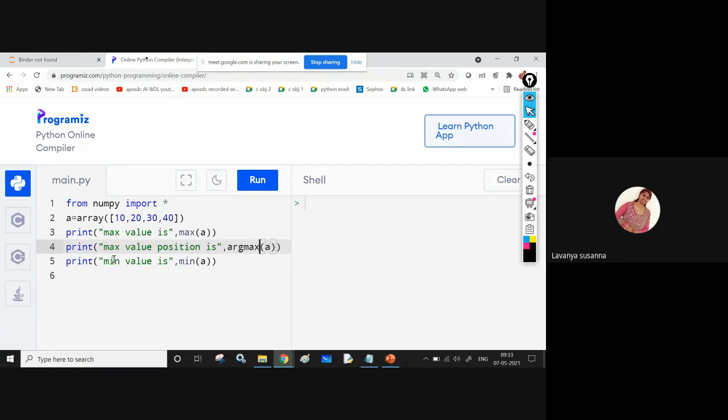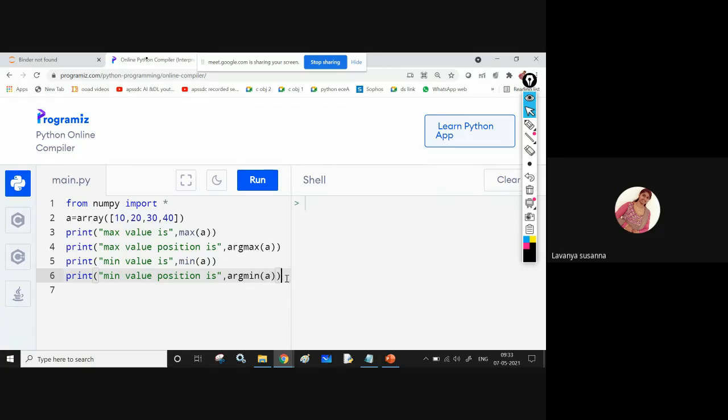In the same way, minimum value position is argmin of a.